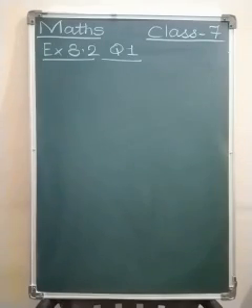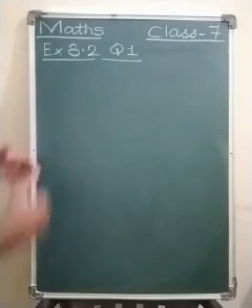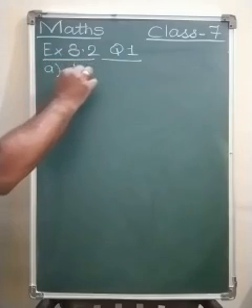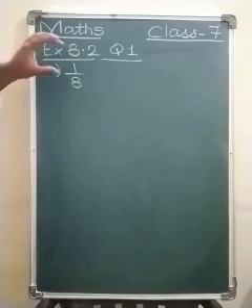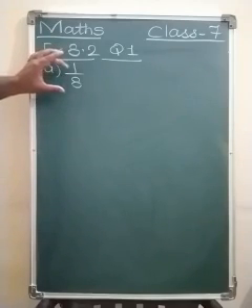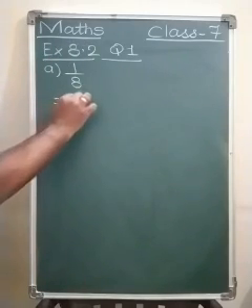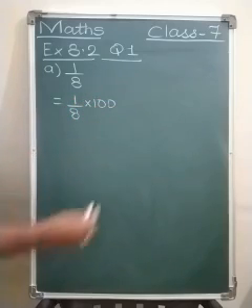Okay, we move towards our exercise 8.2, question number 1. The first question is convert the given fractional numbers to percent. Now fraction numbers are there and you have to convert them to the percentage. So, sum 1 upon 8. Simple thing, when we want to convert a fraction number into a percent, we simply multiply it with 100. 1 upon 8 multiplied by 100.